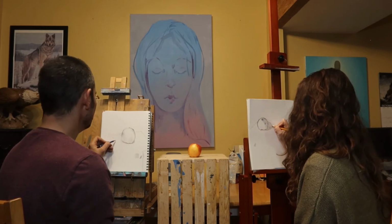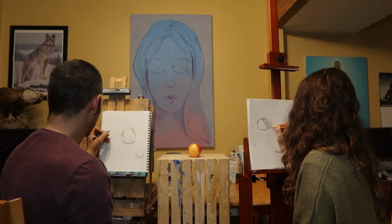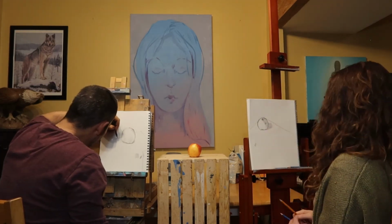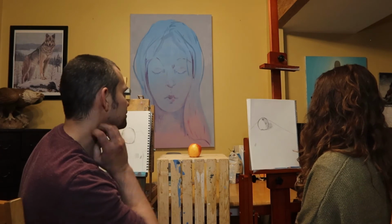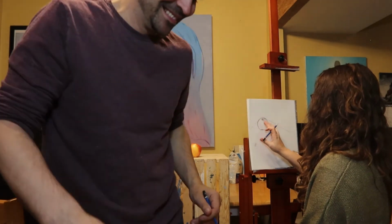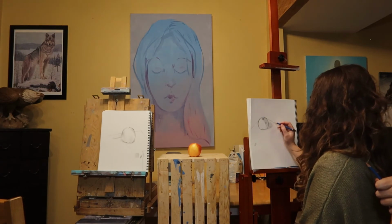I'm drawing with the eraser right now. Great. I still don't have room. Why does it seem like that? Is this too big? My apple's too big. Let's see, compared to... Okay, now, because I still can't do the...